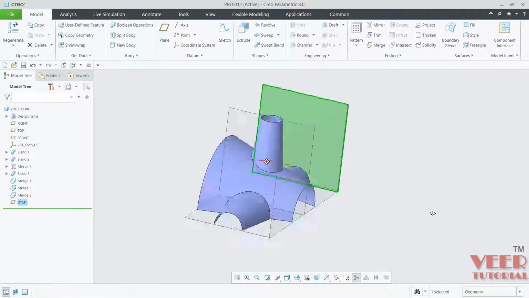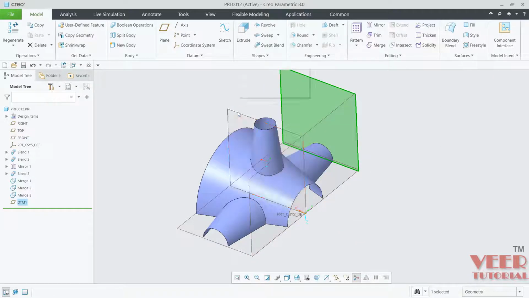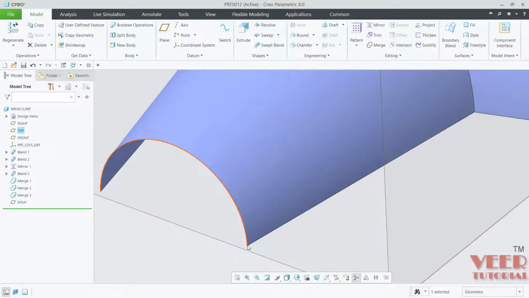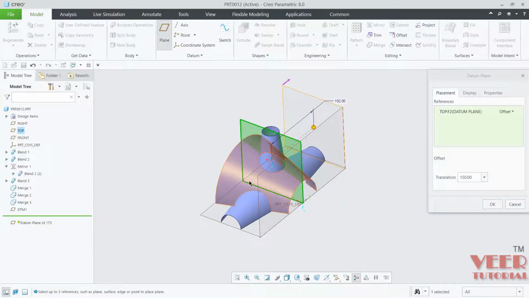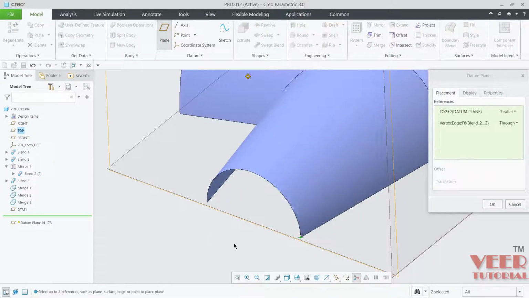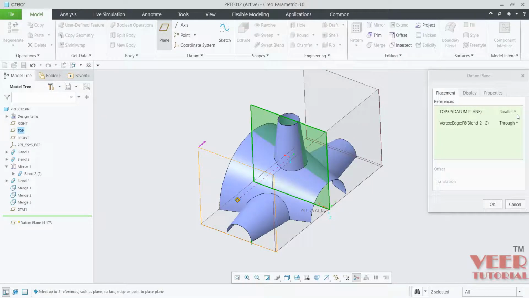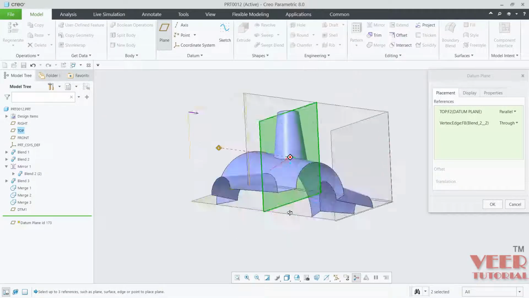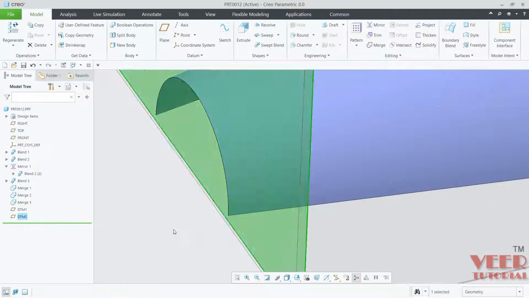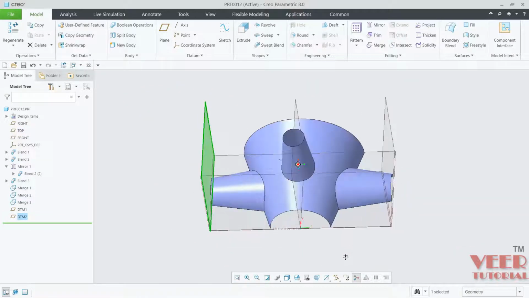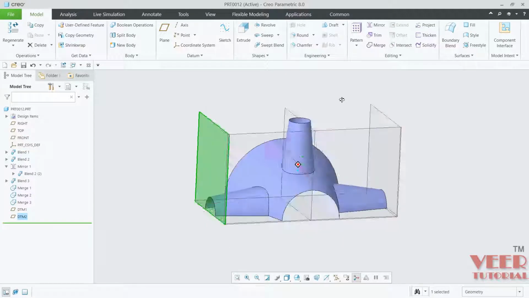Click OK. Similarly, take the reference of this plane, hold down the control key and select this edge. Once again, select this and then select this edge. You can see it is parallel with respect to the top plane and also passing through this edge. Click OK. Similar thing we need to do on this face also.